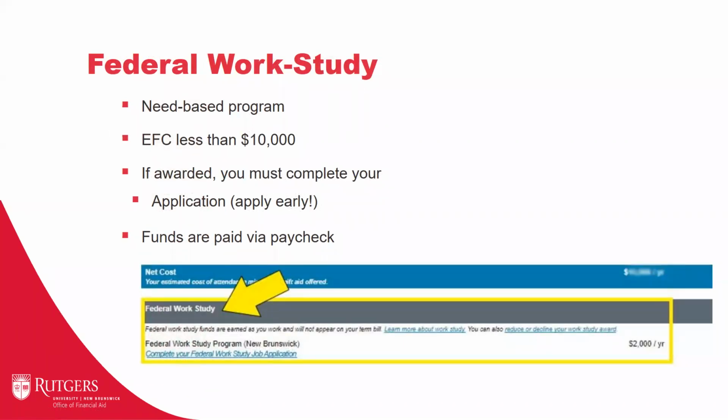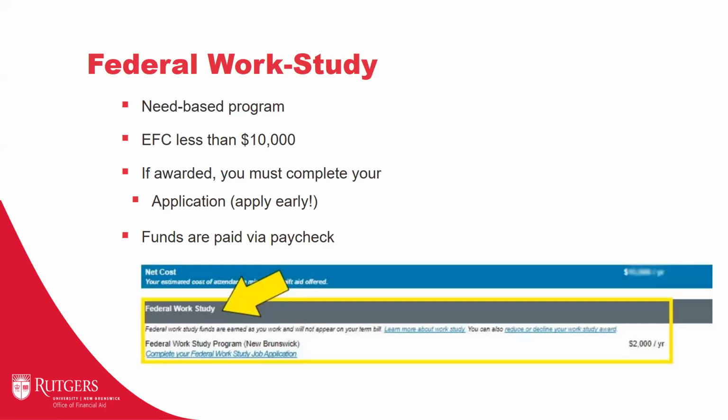As I mentioned before, this is a need-based program, and to be eligible for this program, the student's EFC would have to be less than 10,000. And like I mentioned before, if you are awarded the federal work study, we do encourage you to apply early for this program, in case a position becomes available and we have a department, whether on campus or off campus, hiring during the 21-22 academic year, a student could be quickly considered